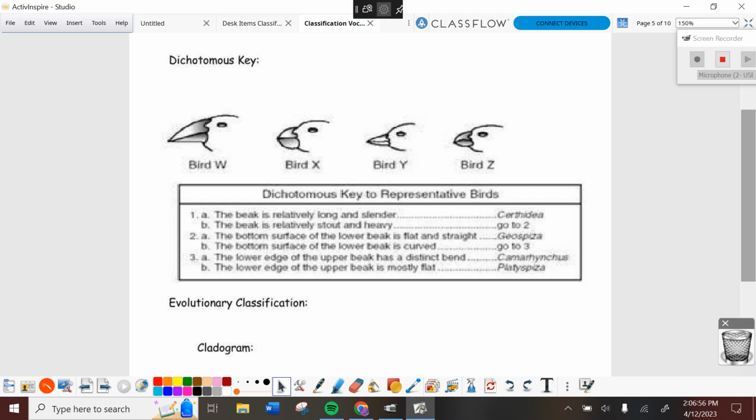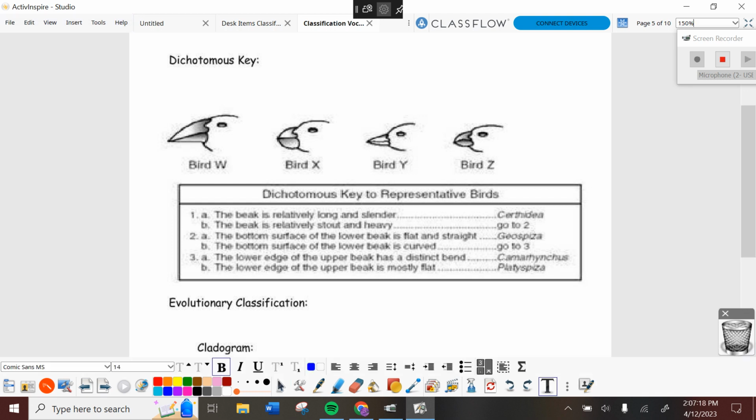So, dichotomous key. Remember back when we were trying to do that classification thing with all the animals, I said one of my rules is you can't have has it, doesn't have it, or have opposites. That's because that's what a dichotomous key basically is. Di means two. So a dichotomous key obviously is going to have two in the definition. It's a tool. So at the very least, let's write that it's a tool to identify an organism.